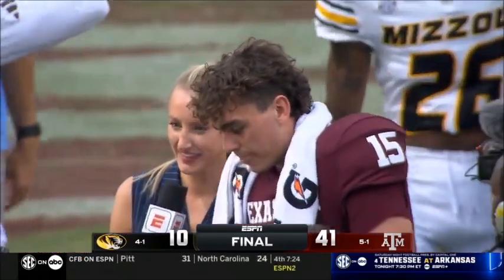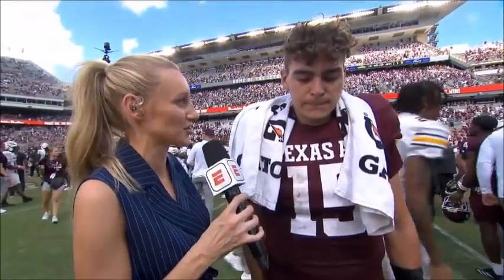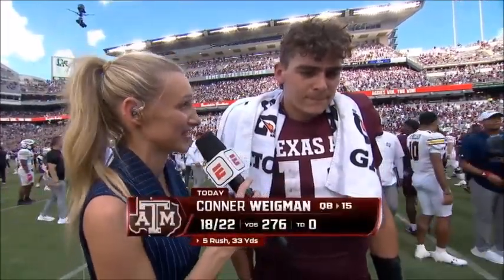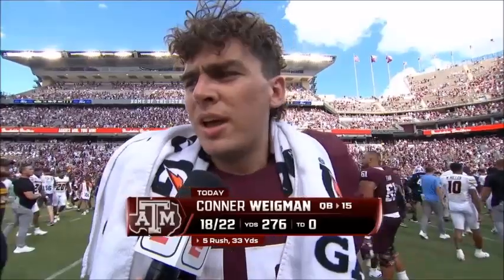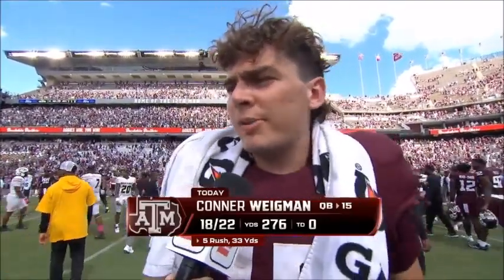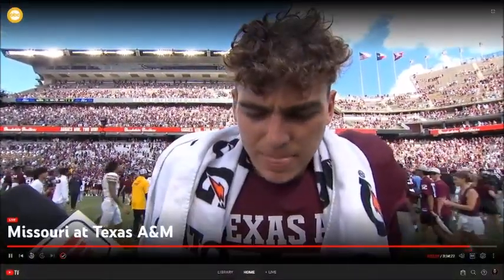Here's Stormy. Connor Wigman, your first game back after being held out numerous weeks with a shoulder injury. He's put up 41 points. What was your mentality coming into this game? I mean, just stick with the game plan. I trust what our coaches do. Guys got tremendously better over those three weeks when I was out, and just ride with my guys, give it to my playmakers, let them go make plays. What kind of tone-setting win can a game like